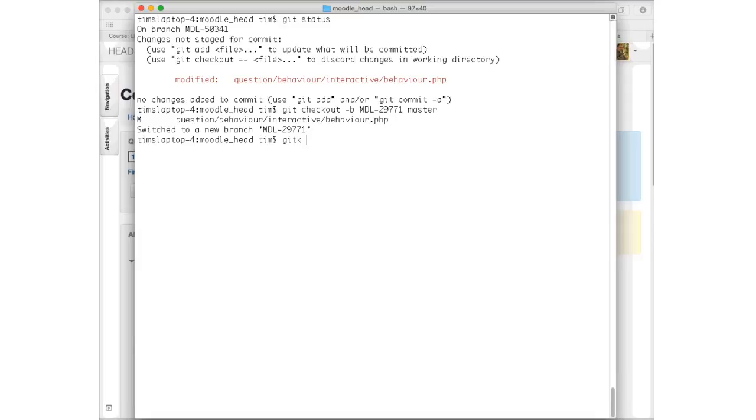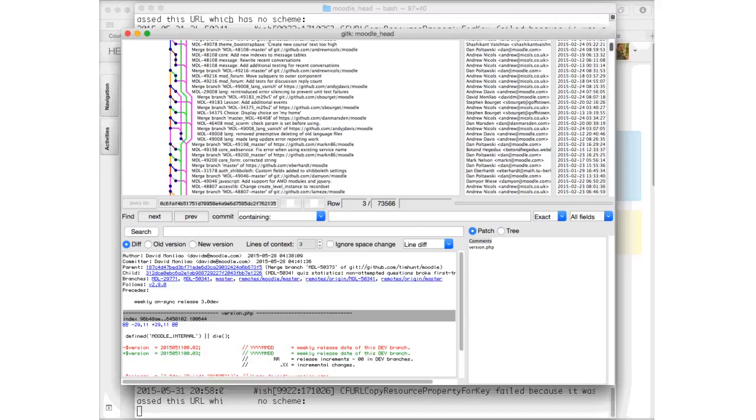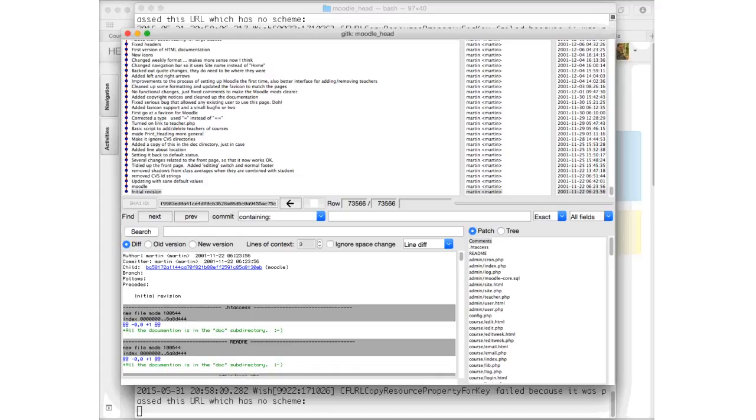So let me try and briefly explain it this way. Now, the text here may just be too small and tiny for you to see, but what Git does is it tracks every single version of Moodle ever. If we scrolled this down, you would get back to the year 2001 or something. There we go. November 2001, Martin Dougiamas says initial revision of Moodle, with some fairly familiar files that you would still see in Moodle today. And over the years, there have been, I think, hundreds of thousands of different versions of Moodle, and Git tracks every